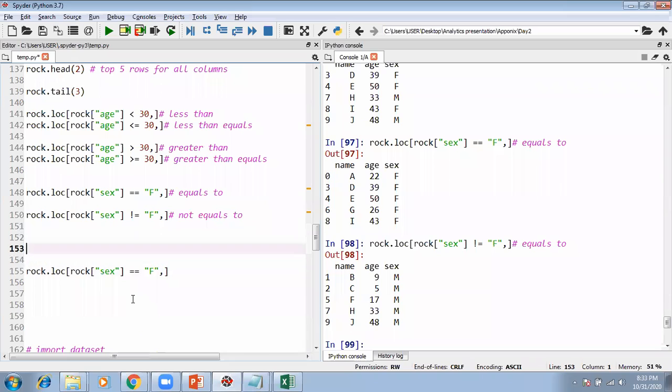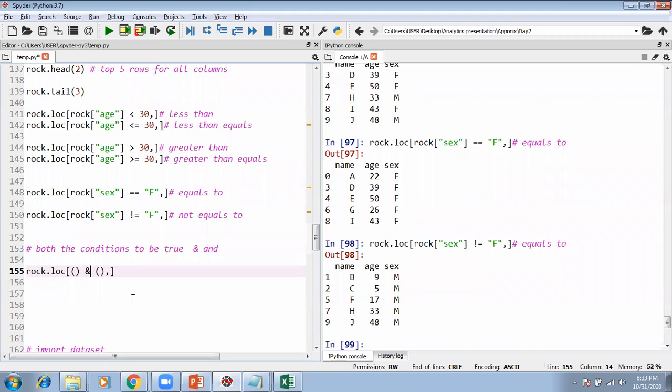That means I want both the conditions to be true. So we are going to use the AND function. I'm sure you will be knowing this one. So how to do that? Whatever conditions you are writing, you should be writing them in a bracket, and within the bracket you should be using this and sign, ampersand.